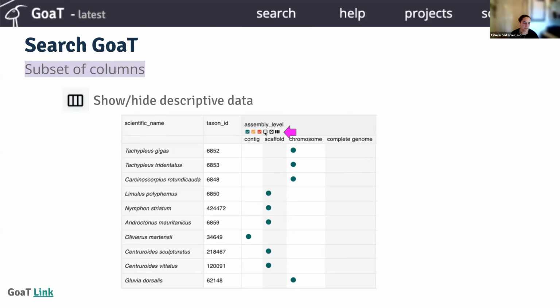So this is a list of whatever I was looking for, species that have been sequenced. Okay, but at what level? And what levels actually are there? I have no idea. Well, click on this guy here and you'll see all of the possible values for your search expanding.